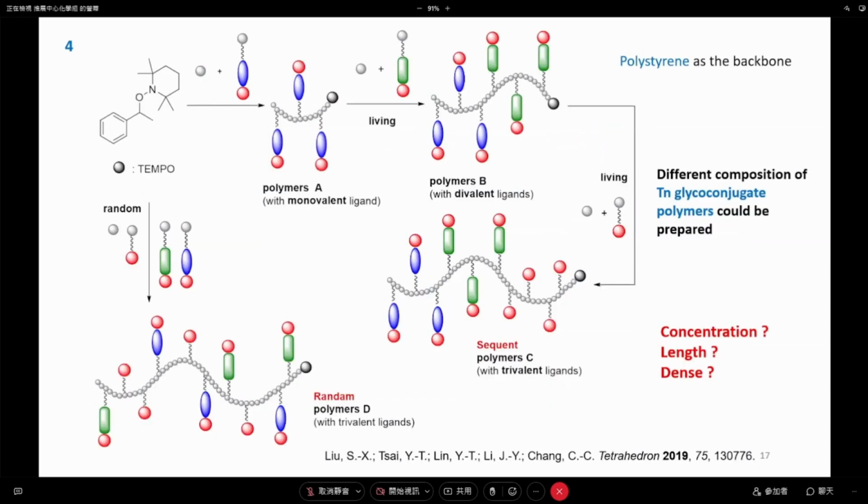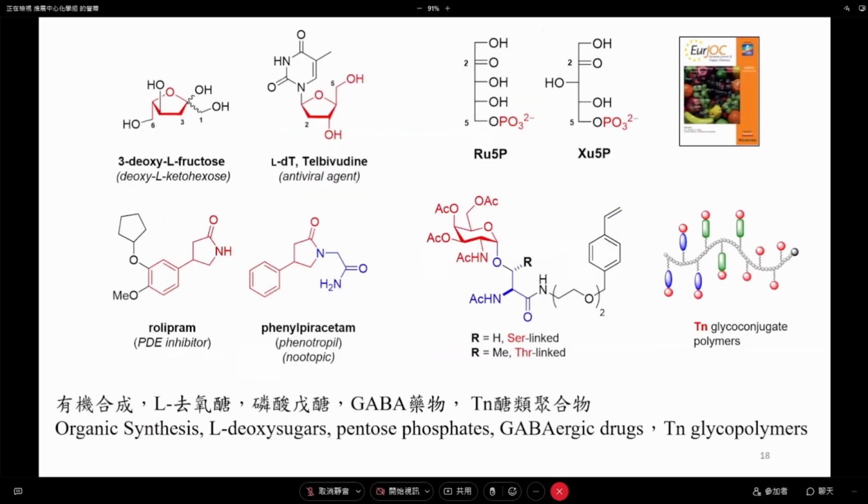The last one, this is how we did it. Starting from a radical initiator, we can add different glycomonomers at different times. We can prepare different compositions of Tn glycoconjugate polymer. And this is the compound I showed you today. If you are interested in the molecules I made,